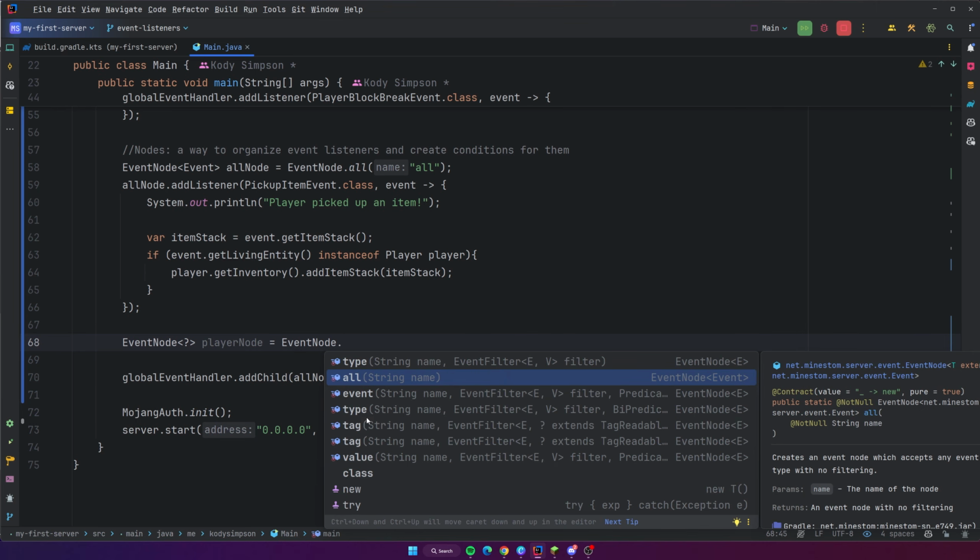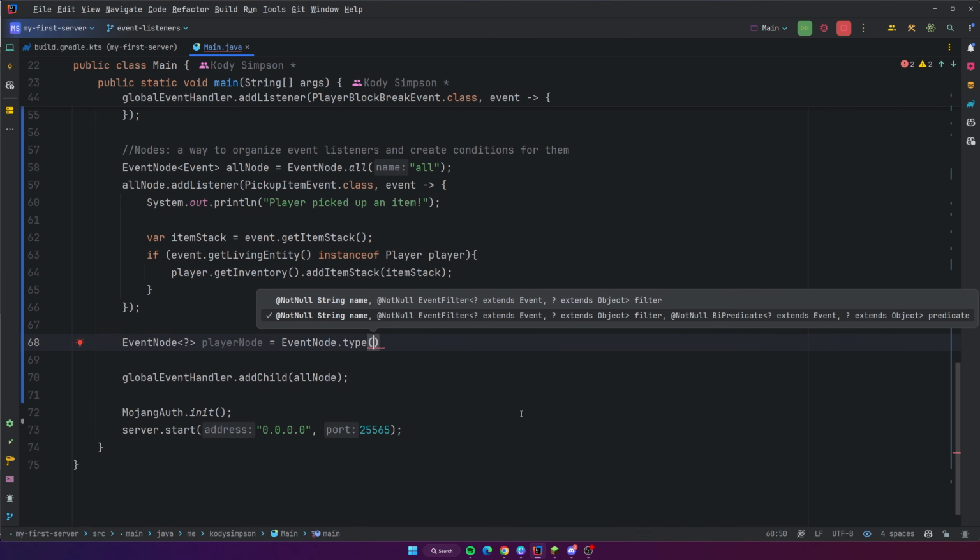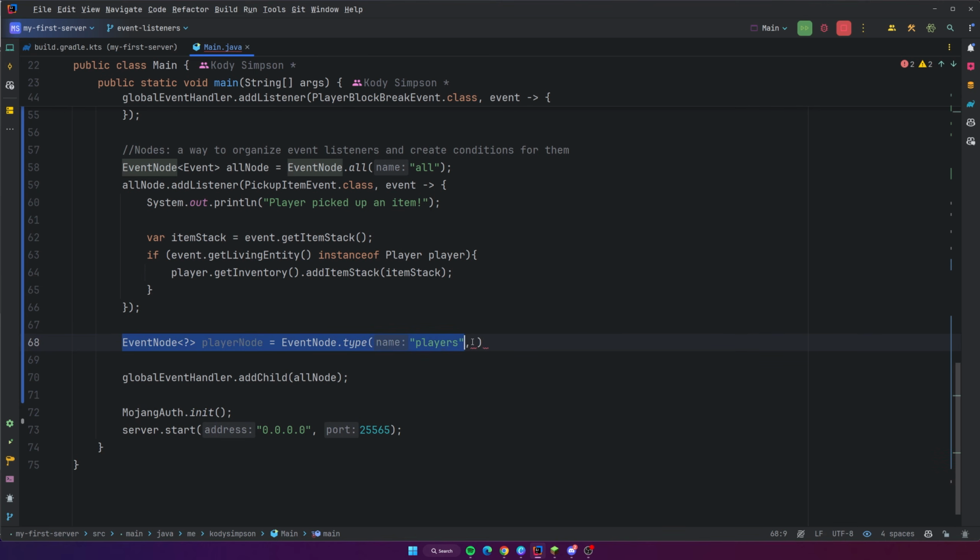So if we do EventNode.type, double click that to complete, we can give it a name first of all. Every event node needs a name. We can call it the players event node, for example. And then now we can set an event filter. This is how you filter the events that are allowed to be part of this event node. This gives you another layer of organization for your event node. So what this means is that not only can you put whatever listeners inside of this event node that you want, to organize them in whatever way you want, but you can also have it be a specific type of event.